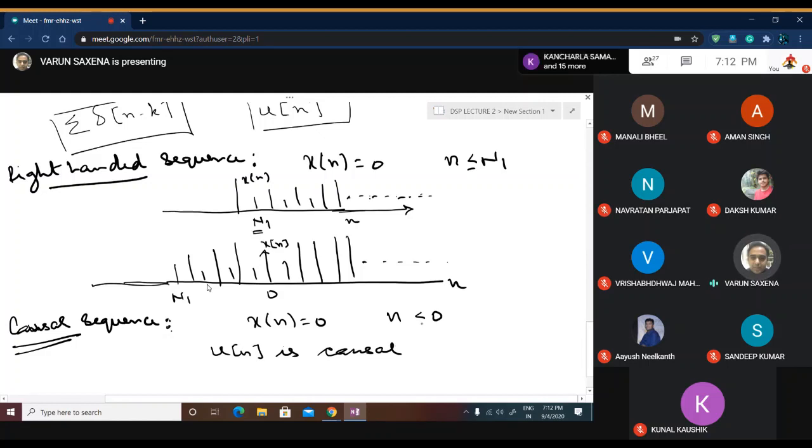This condition has to be satisfied: the value of any sample for a negative index n should always be 0, it should not be non-zero. It should have no sample with a non-zero value for a negative index. That is called a causal sequence. Next is